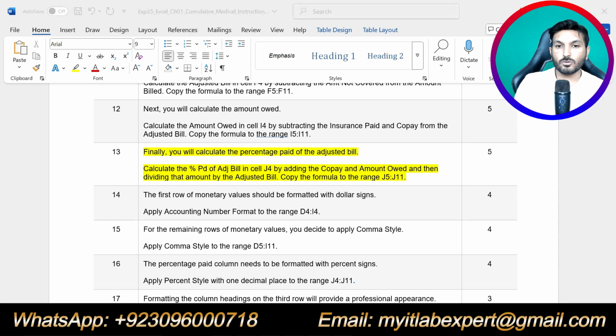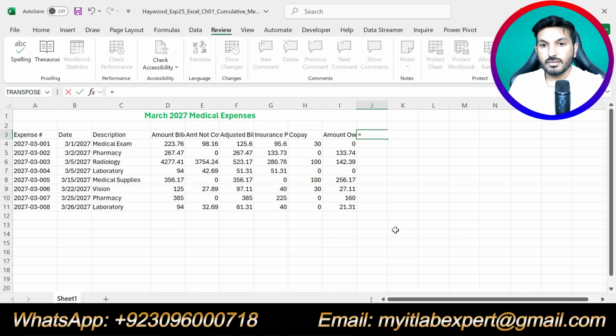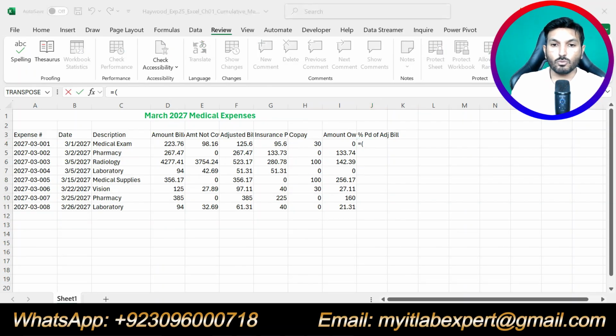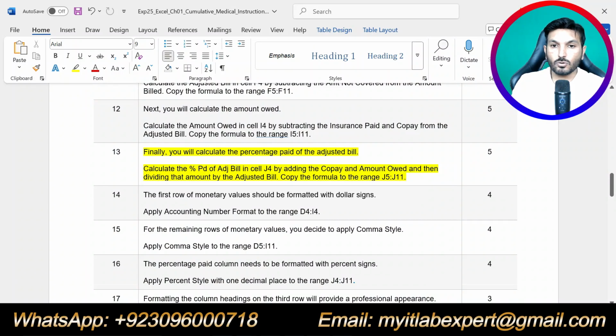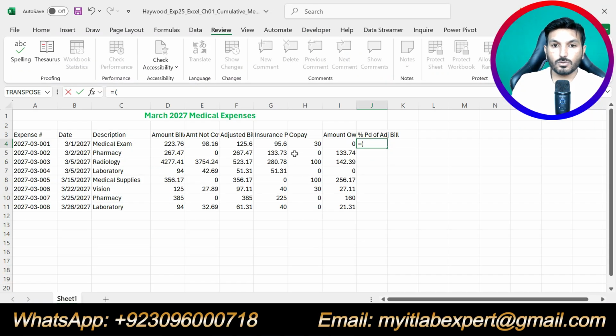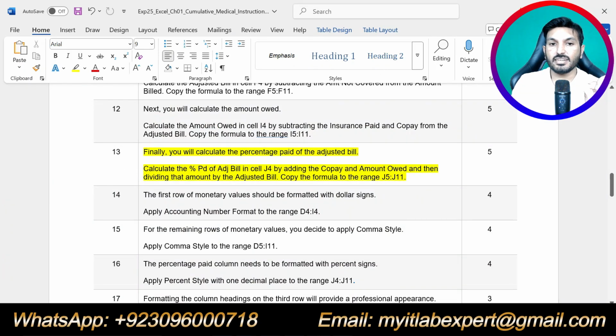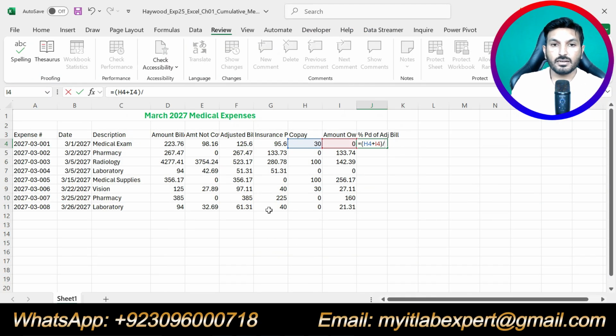First we will add the co-pay. In J4, type equal sign, we will add 2, that is adding the co-pay plus amount owed, plus these two, and divide the result by the adjusted bill, and the adjusted bill is given in cell F4.